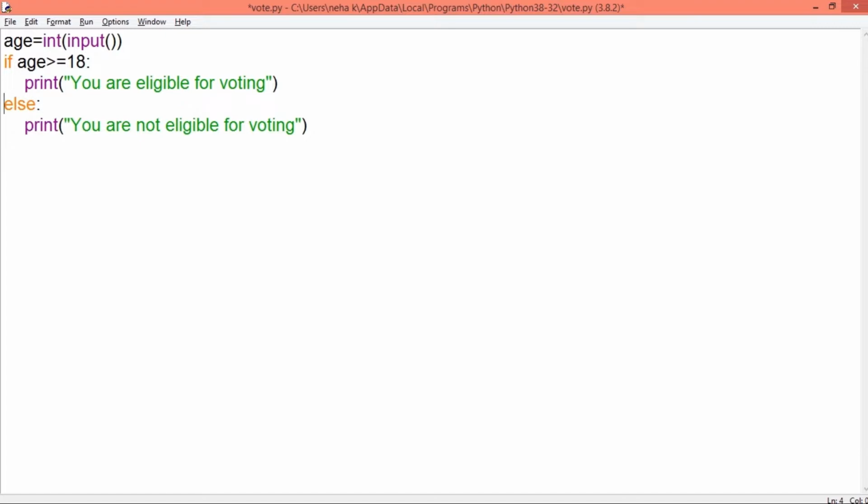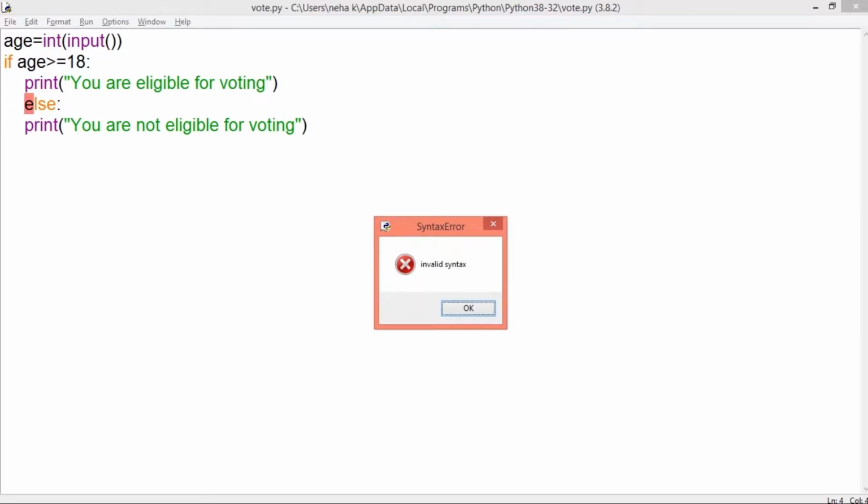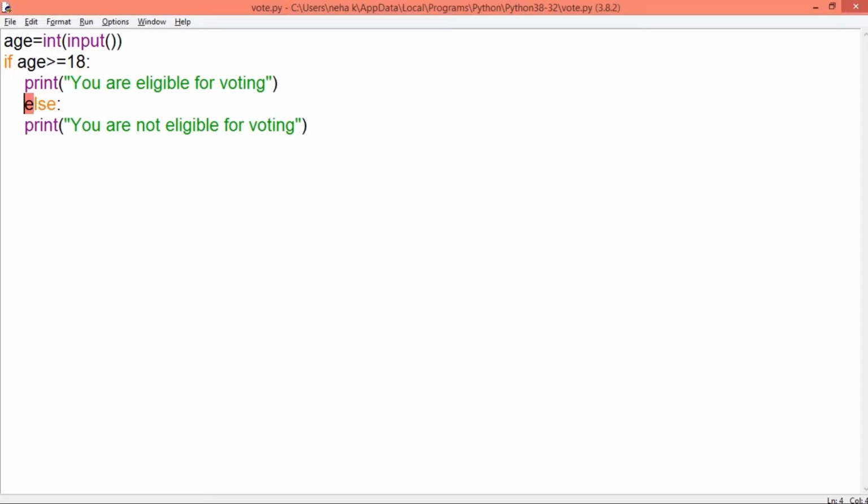If I don't bring this else statement towards the left, then obviously it will also be indented towards the right and will form a part of the if block. If I try to execute the code, this will generate a syntax error, which will say that it is not a valid way of writing your if else statements. So for this, I'll have to bring it towards the left.